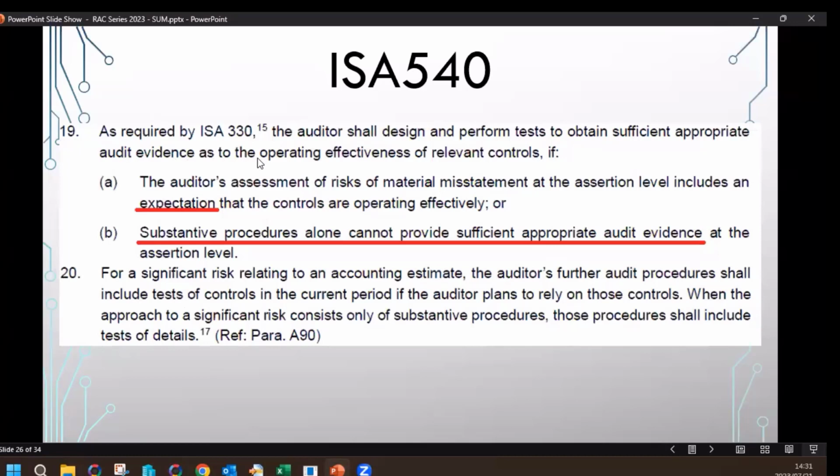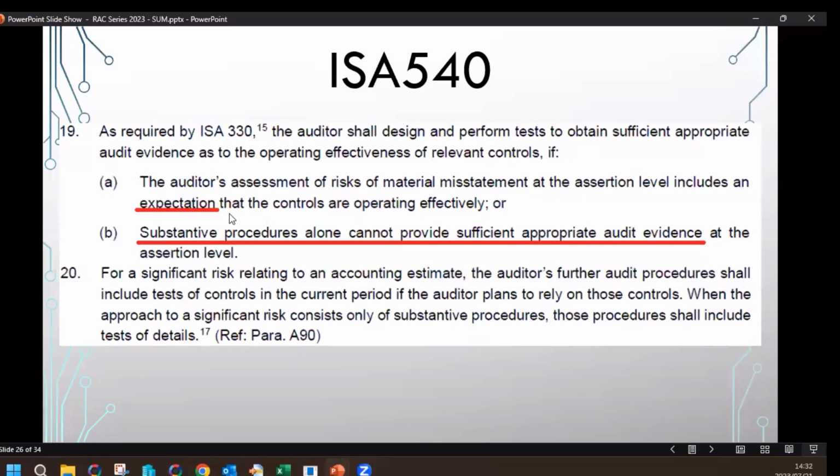Paragraph 19 goes on to say that there are two instances in which controls are going to be required. So as required by ISA 330, the auditor shall design and perform tests of controls to obtain sufficient and appropriate audit evidence as to the operating effectiveness of controls if,